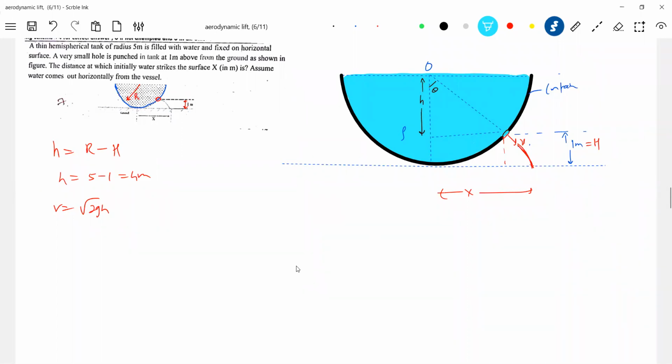Fine. So what height will the liquid fall? So here it will have theta, no? Theta, you take it. So what is the height it will descend? So the time of flight of the jet we will calculate. So h should be equal to v cos theta t plus g t square by 2. Will I agree? Some component of velocity is there. So what is the theta? I think theta we can calculate here. So cos theta equals h by R.